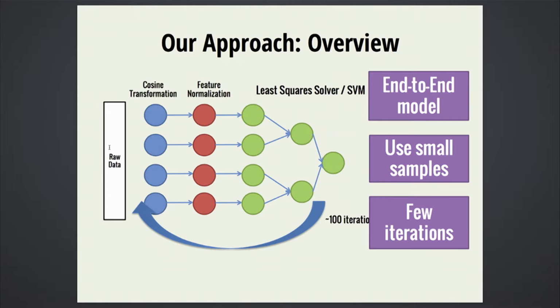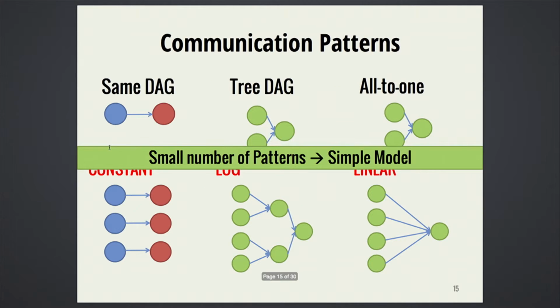So even if you run a few iterations of the application, you can try and figure out how its performance is going to look, and using that, we can again extrapolate to larger number of iterations. So let's see how we actually go about doing this and what is the science behind this performance model that we built.